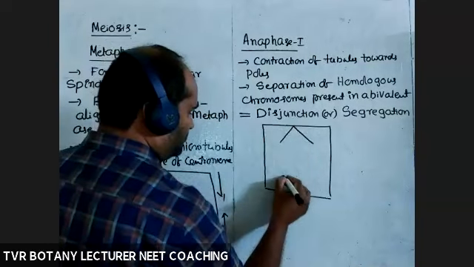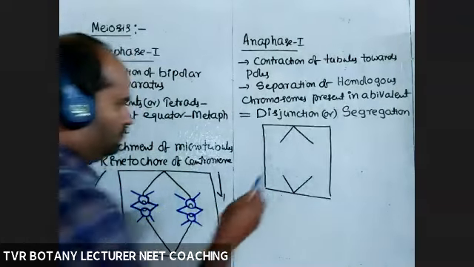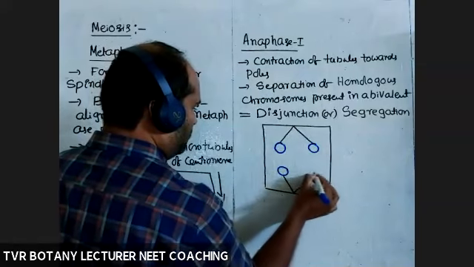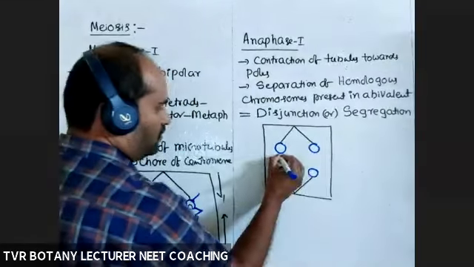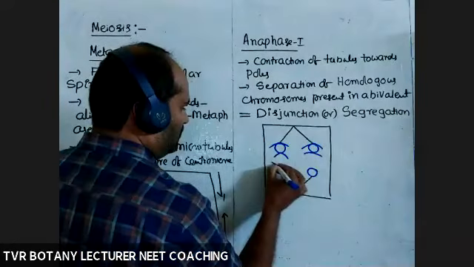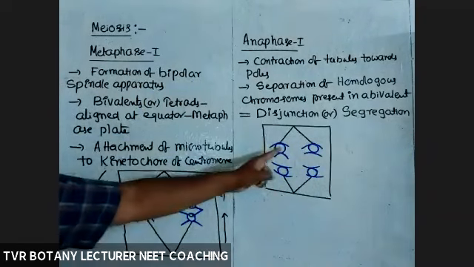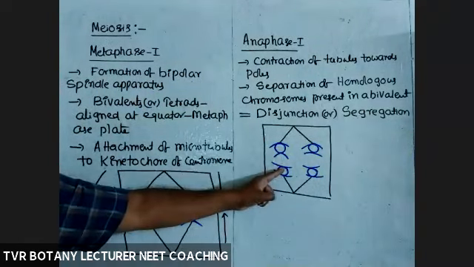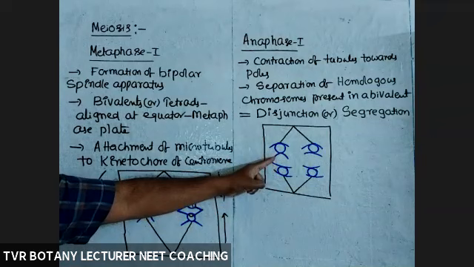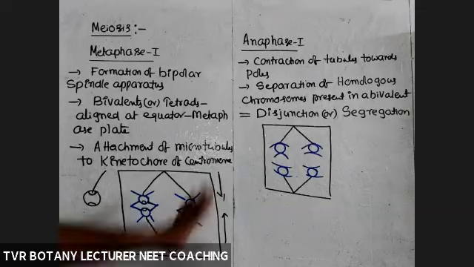Contraction of microtubules. Centromere, centromere, centromere, centromere. Chromatid, chromatid, chromatid, chromatid, chromatid, chromatid. Separate or not? Okay. This chromosome is separated from this chromosome, depairing. Now there is no bivalent, depaired condition. Completely separate or not? Even from ends also they get separated.